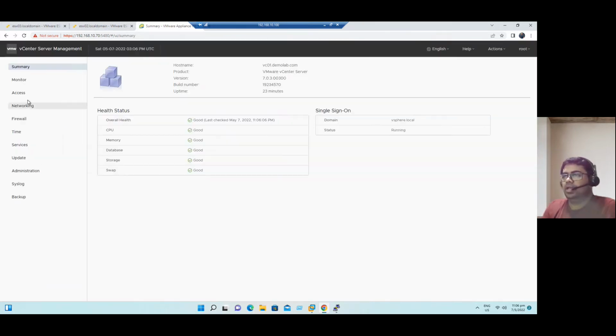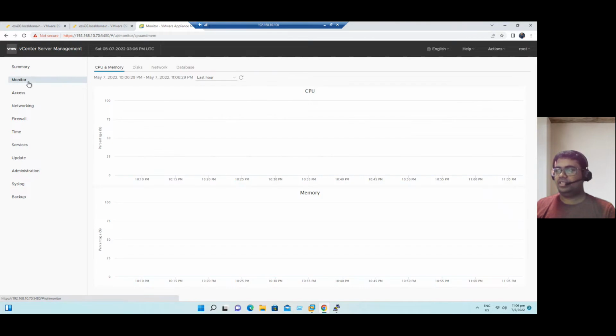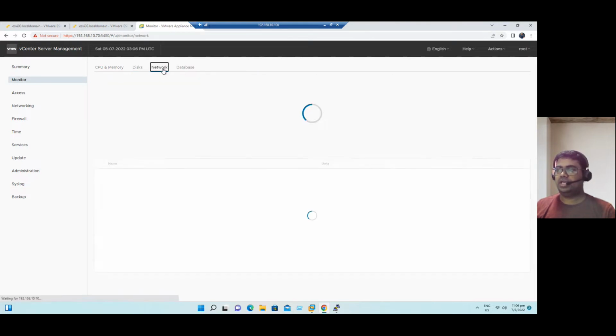Now in vCenter server management, when you see the health status page, overall health status is good, CPU status good, and memory status is good, database, storage, swap, all the status is good. And also you can see the host name and the version is 7.0 U3 update 3, build number, and uptime is 23 minutes. And in the monitor stage, here you can see all the CPU, memory, disk status, network, and